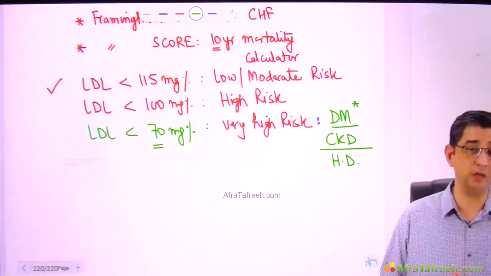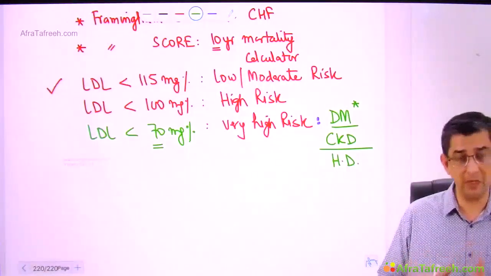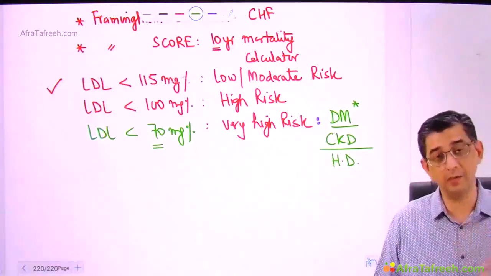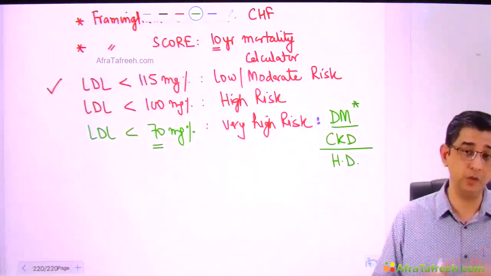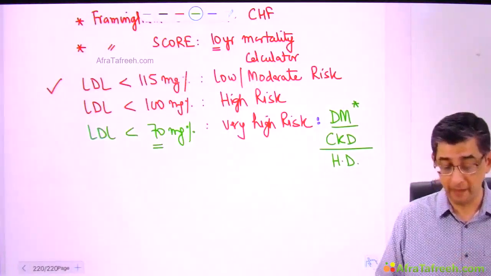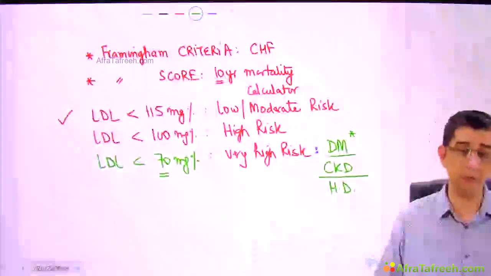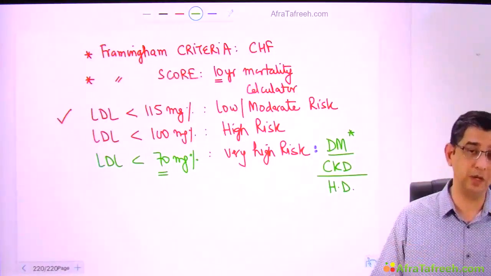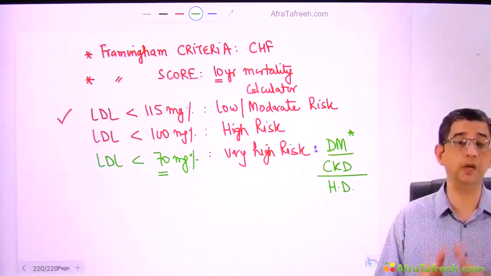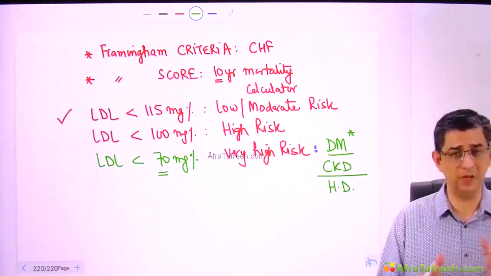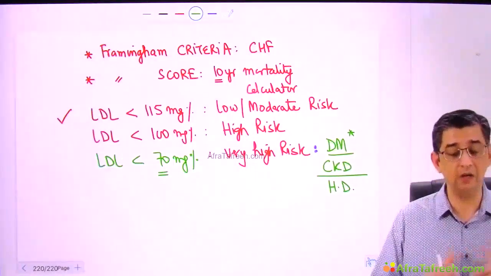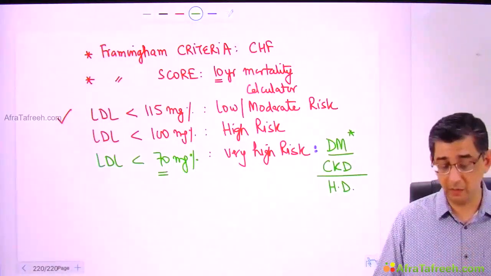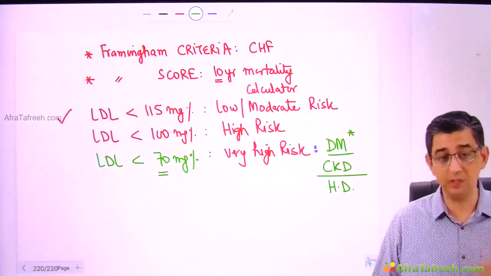That's the main objective in any diabetic, or any person with diabetes with chronic kidney disease, because you will notice that the number one cause of chronic kidney disease again happens to be diabetes mellitus, and the combination of the two increases the cardiovascular mortality. The message here is two. One, you need to remember Framingham criteria, which are discussed in congestive heart failure. Framingham score per se is an online calculator by which you can know the 10-year mortality rate based on the values of the bad cholesterol, age, and a couple of other pieces of information like smoking, etc. The message is that for the diabetic population, try to keep these values less than 70 with usage of high intensity statin.